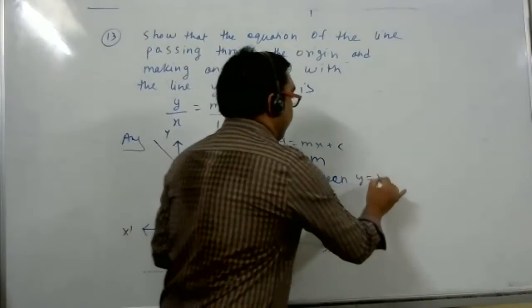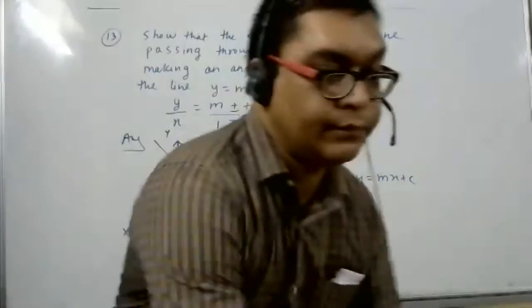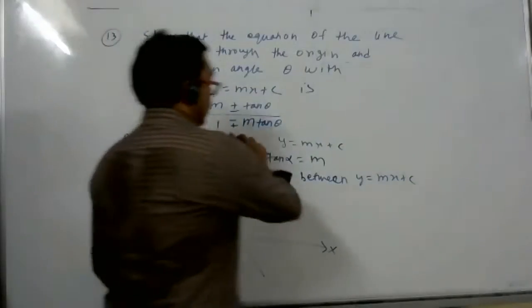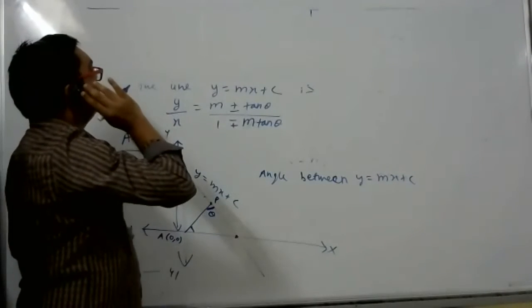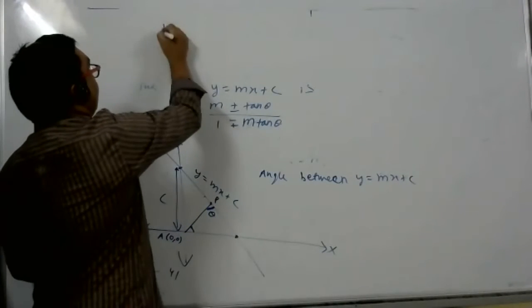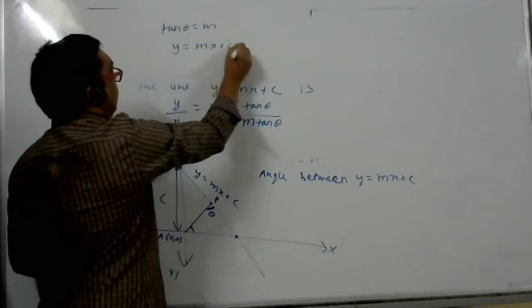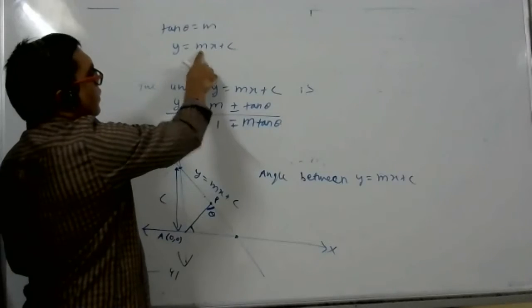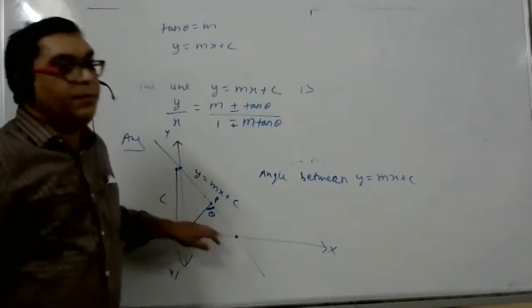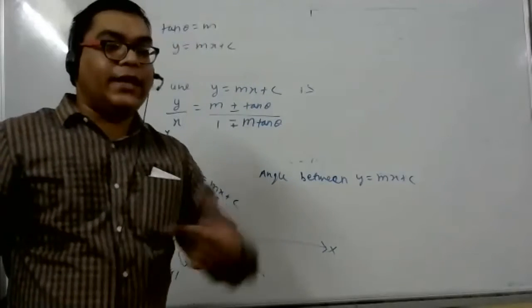And so the angle between y = mx + c. So how is tan alpha m? Tan alpha plus theta should be m, right? No, student, you're not understanding. See here. What is slope, student? Tell me the slope formula. Tan theta is equal to m. So here they've given y = mx + c, so m should be how much? Tan theta. But theta is the symbol they are using. This theta we took from our side, so we cannot use theta again. Are you understanding?